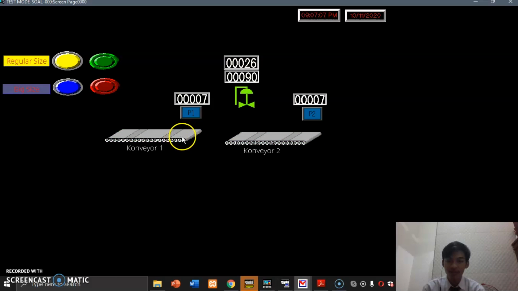The next step, if conveyor 1 and conveyor 2 are off, the solenoid valve is active for 7 seconds. And then the next step is the filling process stops, conveyor 2 is on.